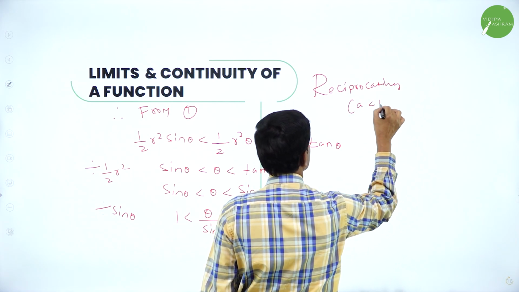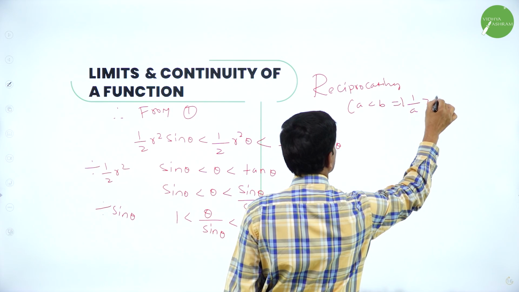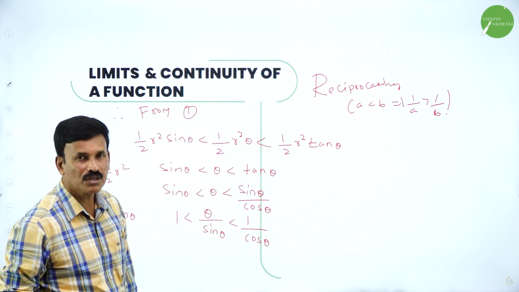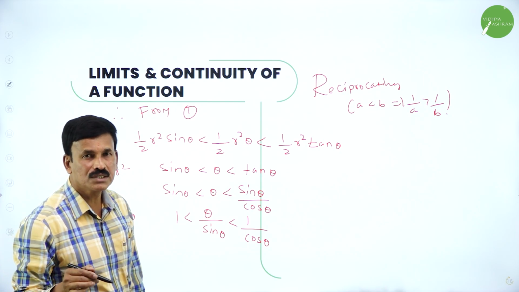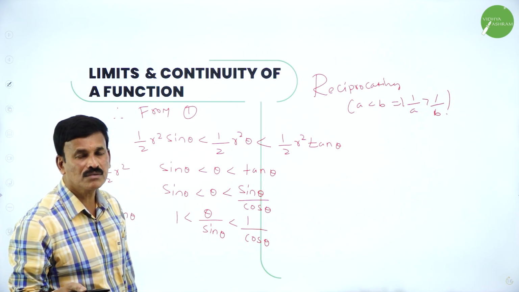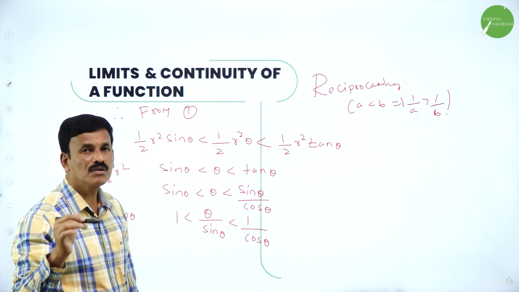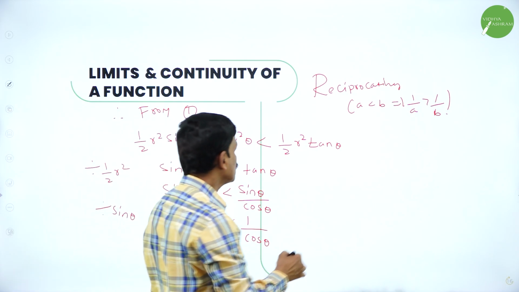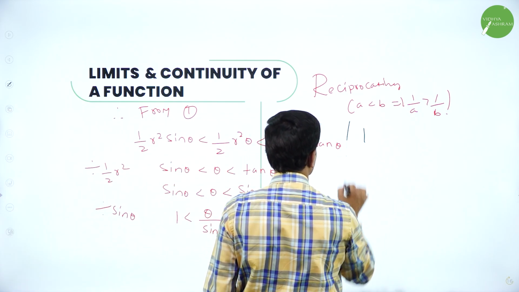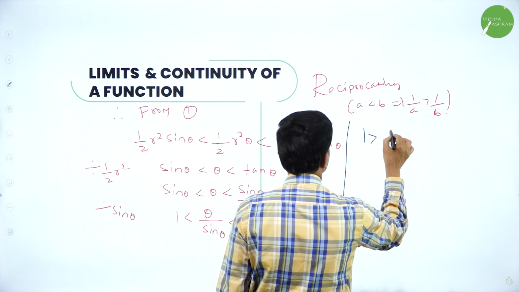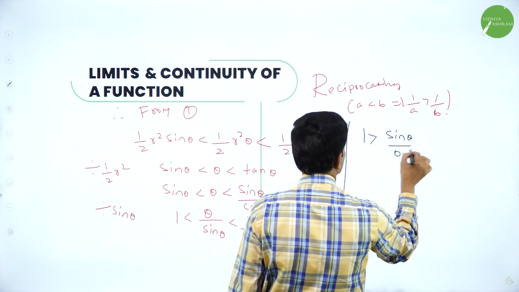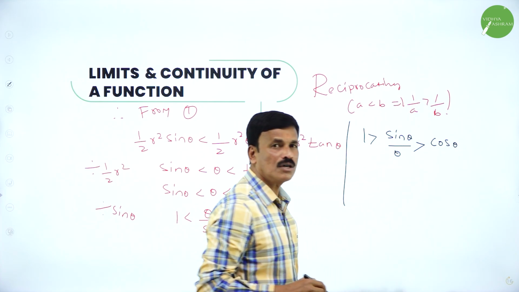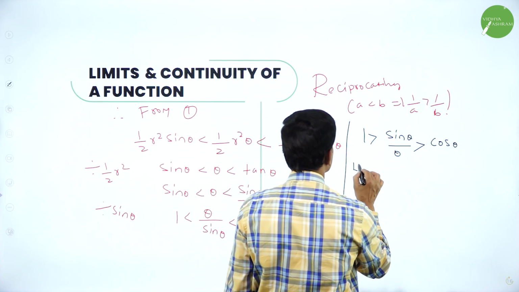If A is less than B, it implies 1 over A is greater than 1 over B. So if 2 is less than 3, it implies 1 by 2 is greater than 1 by 3, because 1 by 2 is 0.5 and 1 by 3 is 0.33. So 1 by 2 is greater than 1 by 3. So if you reciprocate this, what happens? 1 greater than sin theta by theta, which is greater than cos theta. Now when theta tends to 0,